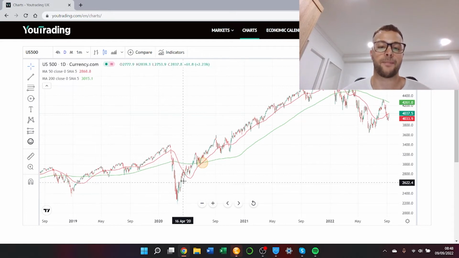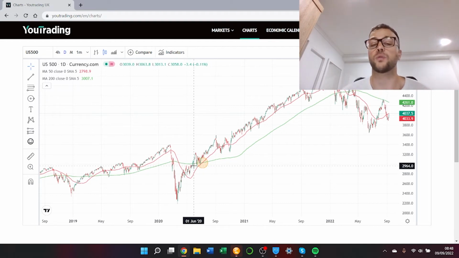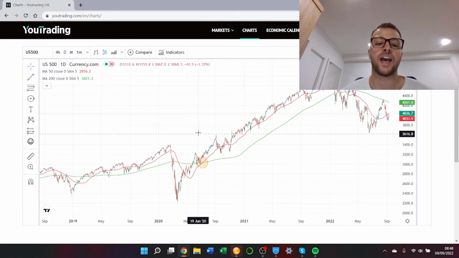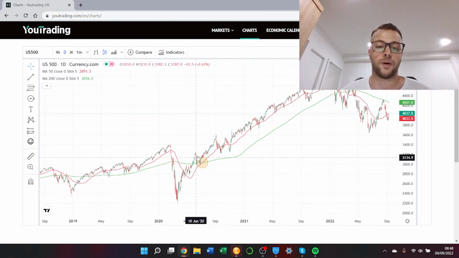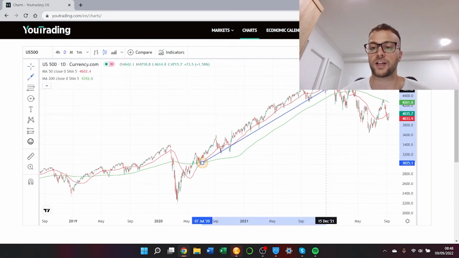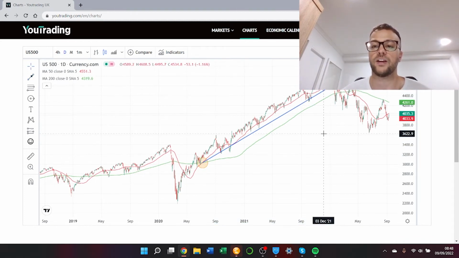But when that bull market started to get going, as the Fed and all the central banks cut interest rates to zero and started doing unlimited QE, and all of the governments did all this massive stimulus, well, that helped support the market. And then we got the Golden Cross, and then look at this. It was like a year and a half long bull market, all the way to the start of this year, pretty much from mid 2020.